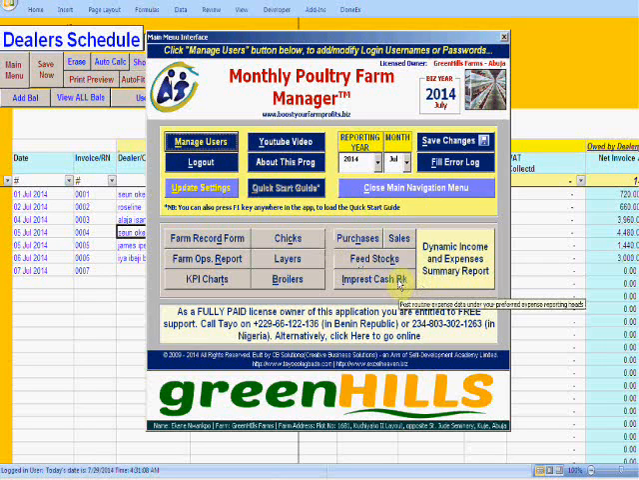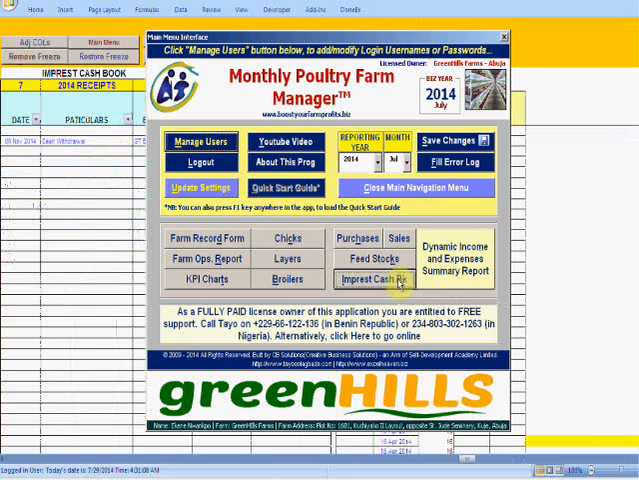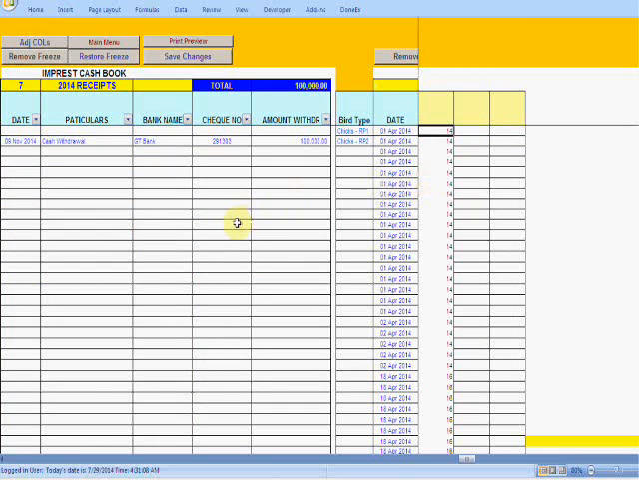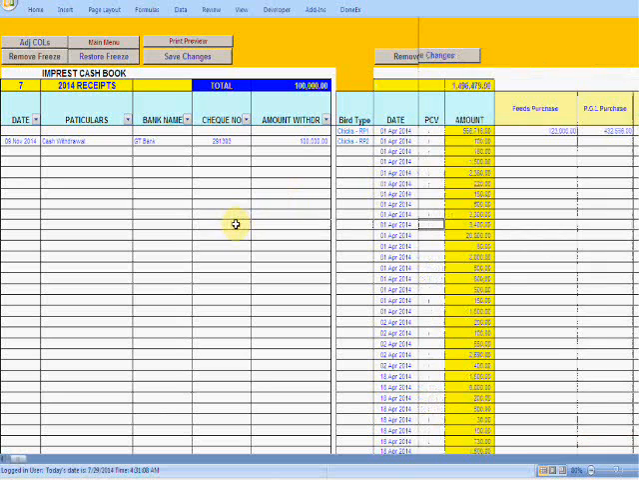Right, the Imprest cash book. Here you post routine expenses that happen on the farm. Now, like I told you in the first of the first clips, it's always good for an enterprise like a farm business enterprise,